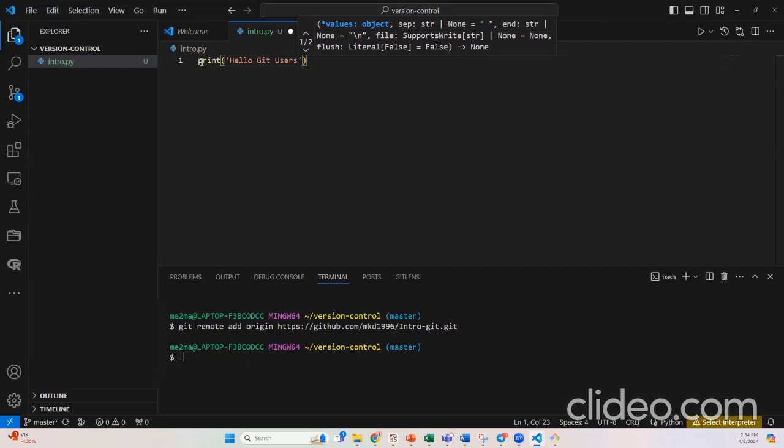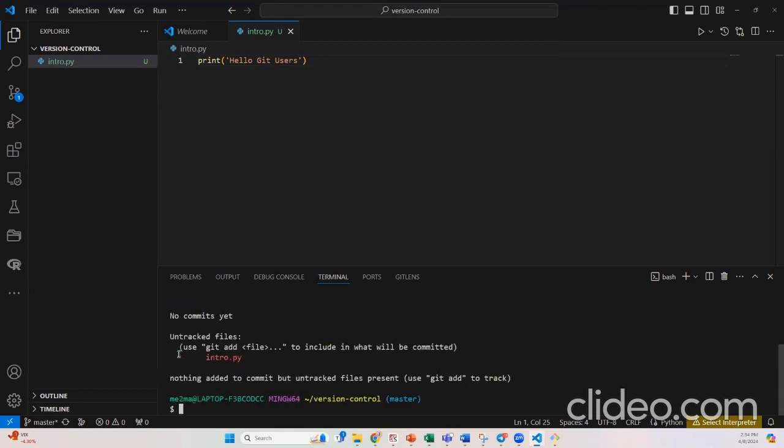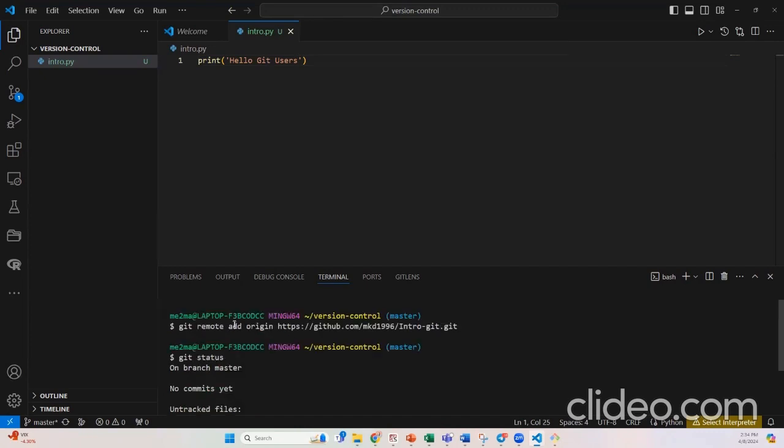Do I want to track this just here or do I want to develop more codes and then track it? It's like a time step that you want to just freeze your code. Maybe you want to access it and know what changes you have made to your code. So I'm going to save this and I want to just track this change as simple as this. It shouldn't be as simple as this, but this is for demonstration purposes. So I go to terminal. Wherever you feel confused and you don't know what to do with Git, run git status. What is the status of Git? Git is very communicative in what you have done. So it says